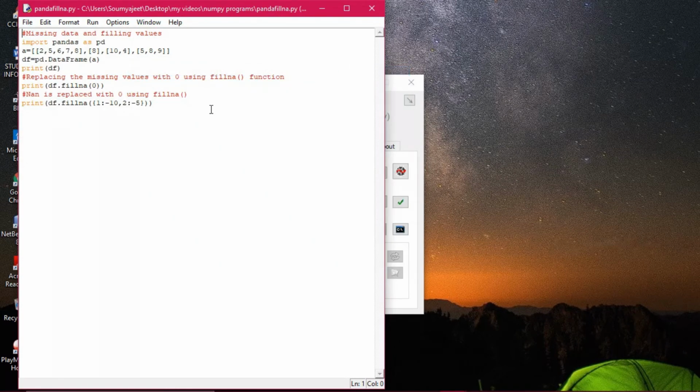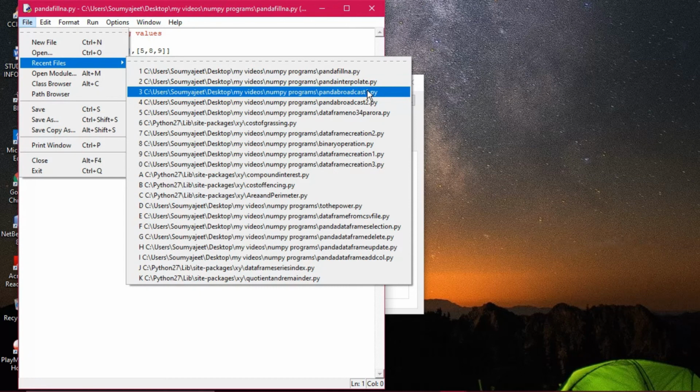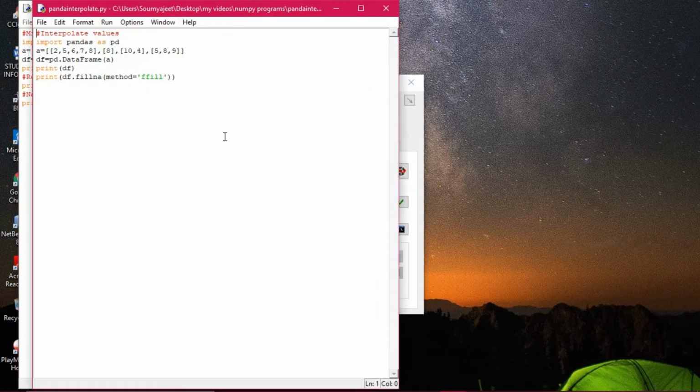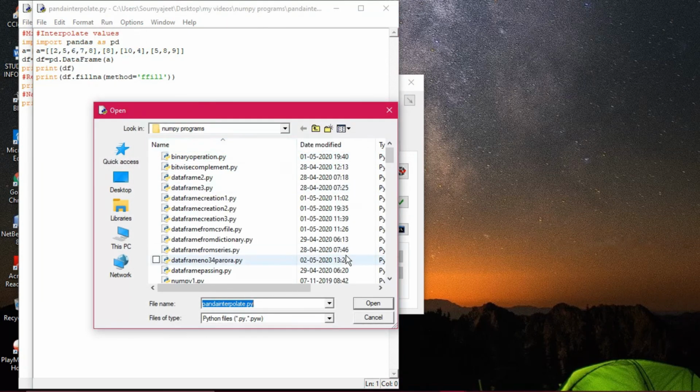Yes, here it is. It is not interpolate actually, but the file name will be like that. Interpolate, yes, interpolate.py. .py is the extension for any Python program. Whatever you do will be saved with py. Here you have the scope to save all your programs in your own folder. Like I am opening it from a folder called numpy programs. Normally if you use Python XY, there is a default XY folder. If you don't wish to use it, you can use your own folder. I have saved all my programs here, so it will be easy to find them.